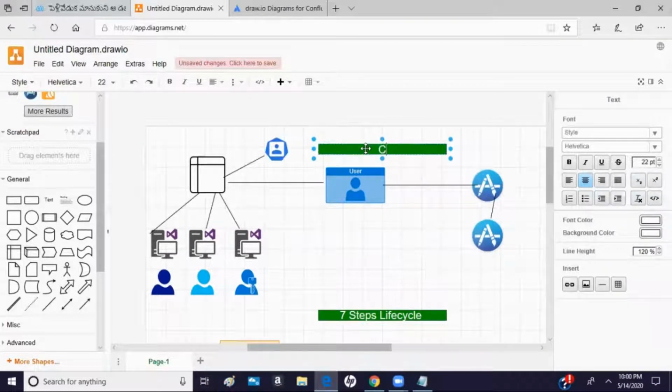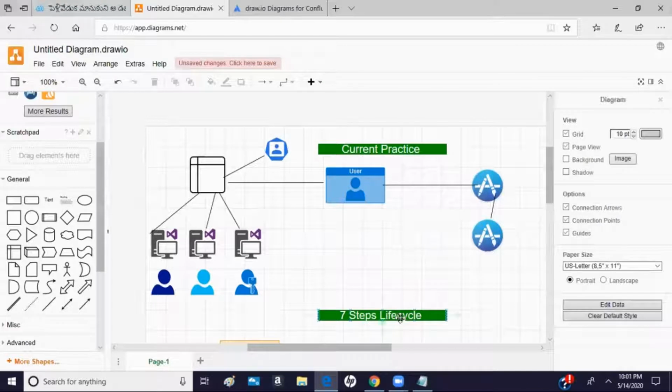So this is the example of the current practice, and this is the current 7-step life cycle. Now you are able to understand the environment of the customer much better, right? By seeing this diagram, you are able to find out how the development happened. Now it's a complete manual effort.